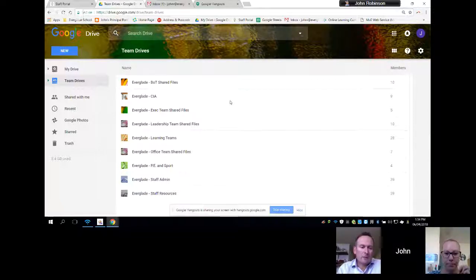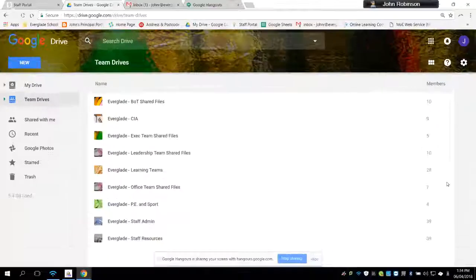So you can see here in John's team drives that there are 9 different separate team drives, and you can see on the right there's a list of members, and what you can do with